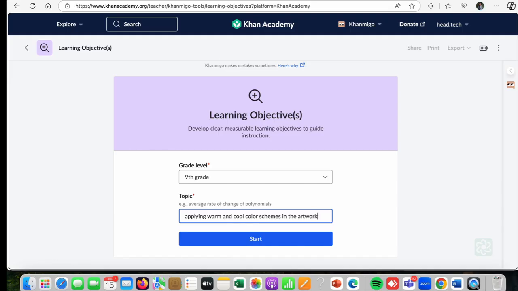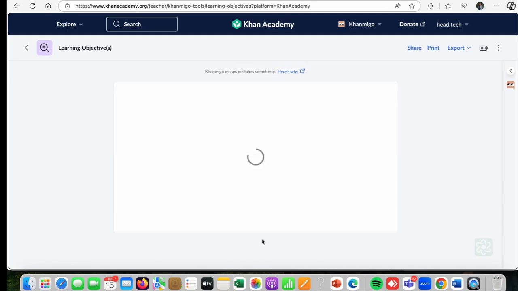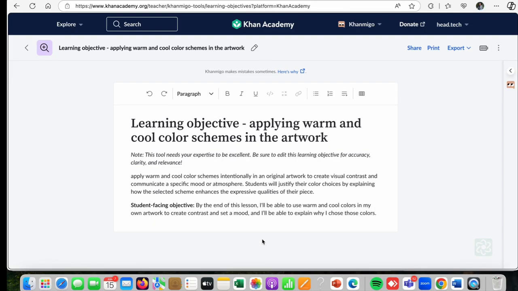Let's say that's my topic, and I want learning objectives. So the learning objective is: apply warm and cool color schemes intentionally in visual artwork to create visual contrast and communicate. Students will justify their color choices by explaining how the selected schemes enhance the expressive quality of their